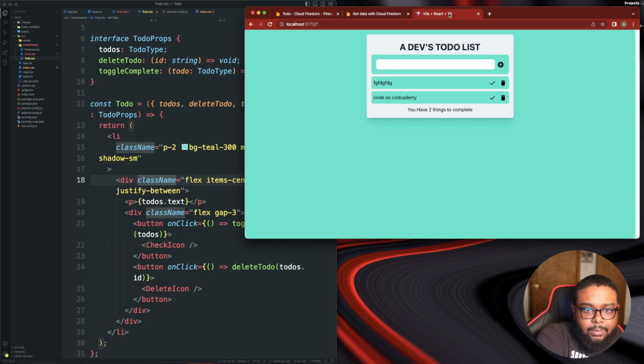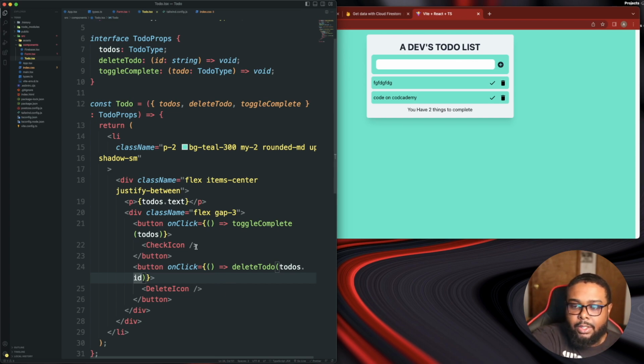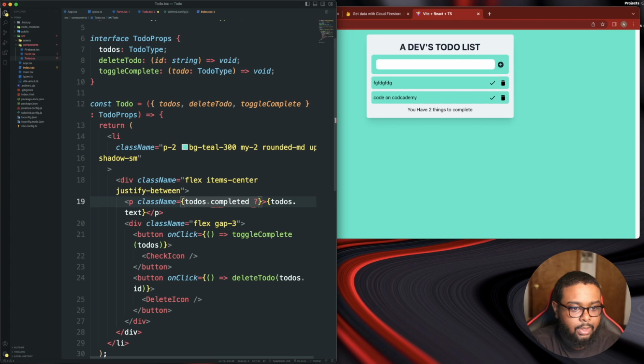So for that to show up inside of our app, so you can tell a difference, what we can do is for the p tag, we're actually gonna do a className. So we're gonna do a className, and inside here we're going to do a ternary operator. So we're going to do if to-dos dot completed, question mark, we're going to return some styling. So it's going to be text